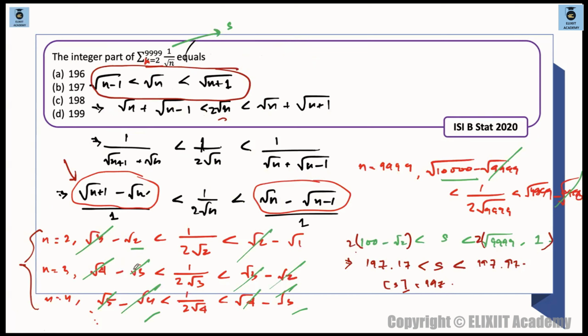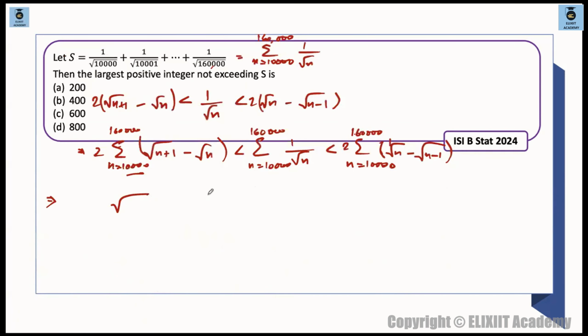You can clearly see, the first term will get cancelled. This term and this term will get cancelled. So what is remaining in both the cases? The second last term is remaining, and the second term is remaining from the beginning, isn't it? So we'll have the same thing over here. The second last term is what? Second last term will be,